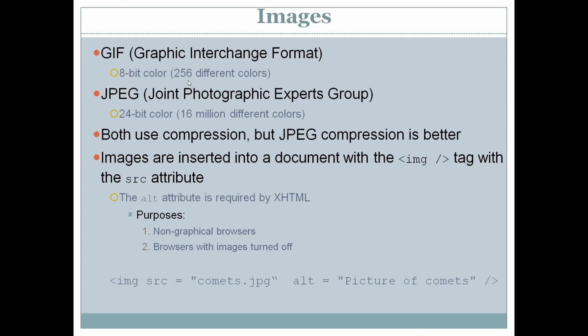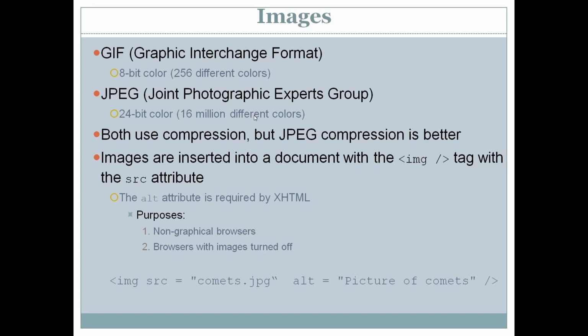Then we have one more famous format, that is JPEG, that is Joint Photographic Experts Group, which uses 24-bit color. That means 16 million different colors are used in a JPEG image. Both of them use compression, but JPEG's compression is better than the GIF compression. That means the size of a JPEG file can be less than the GIF file.